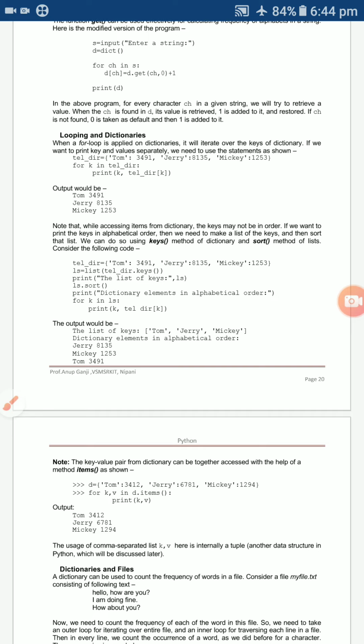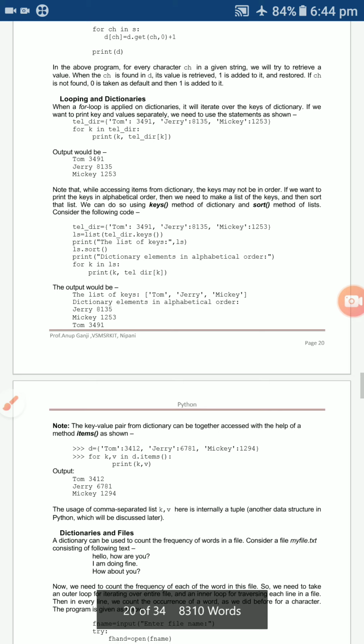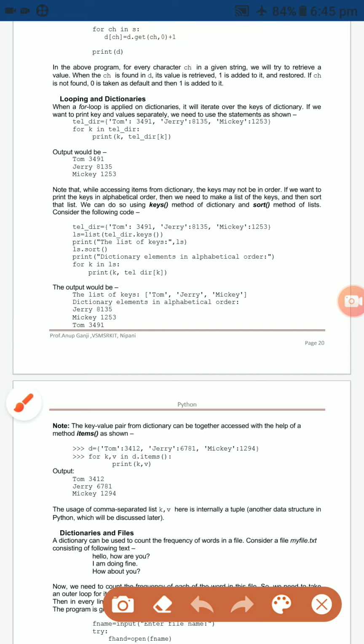If you want to print the keys and values separately, normally in the previous examples we saw the combination of key values, but here we are using separate keys and values, next key values on the next line, not in the same line: the first line, second line, third line, like that it will be displayed. Just see this example.